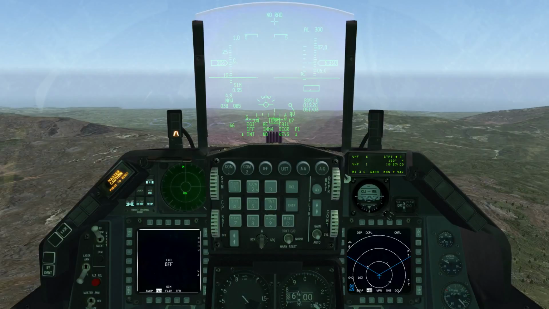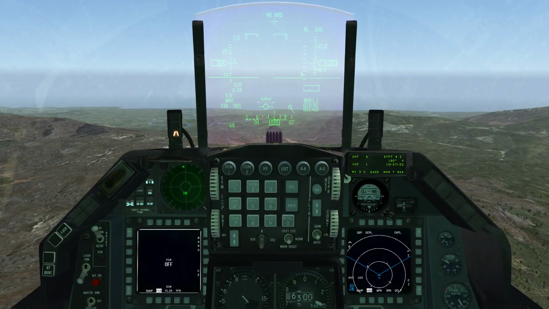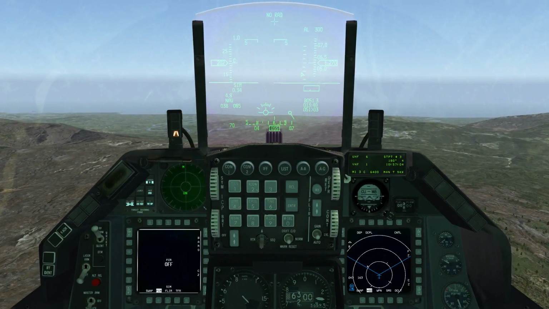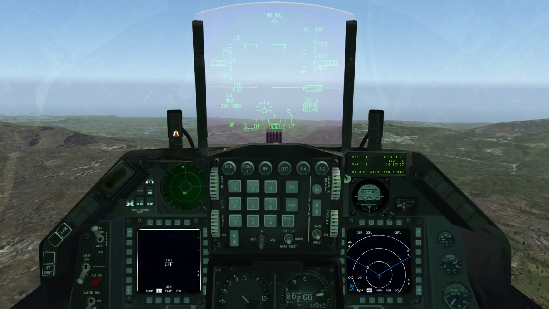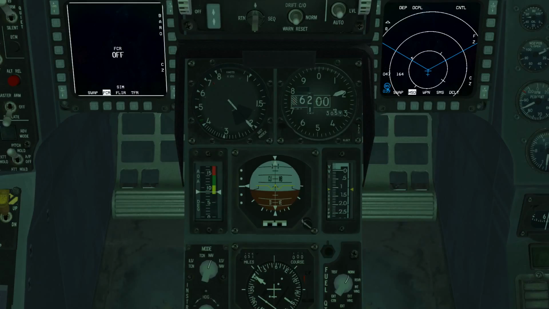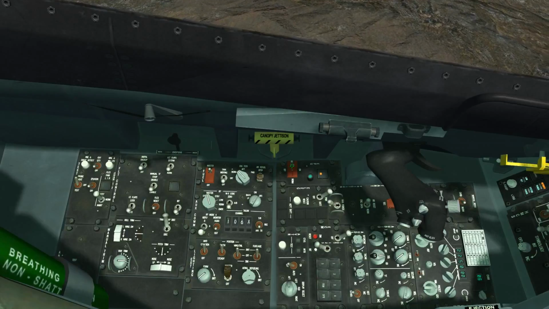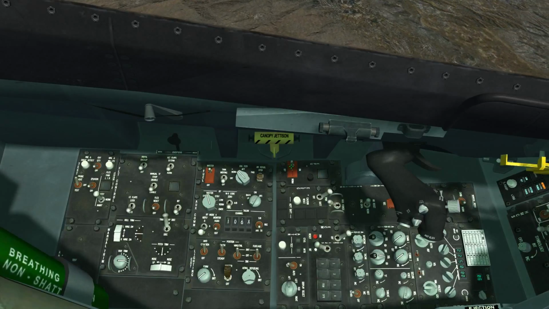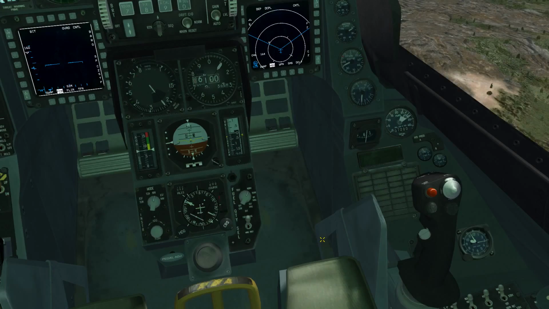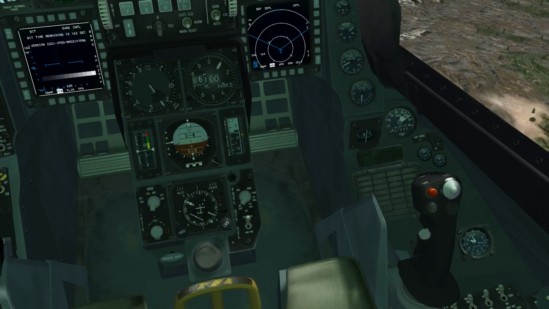Alright, so everything's come back on. I clear the faults and advance the throttle once I get 70%. Put the autopilot on, come back over, turn off the EPU, and make sure I have no fault lights, and